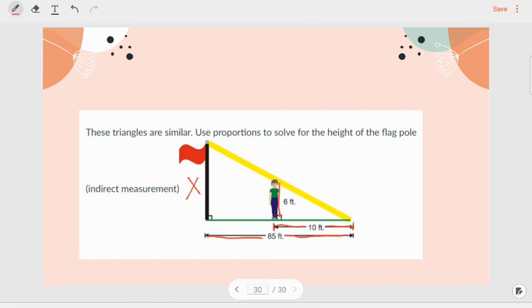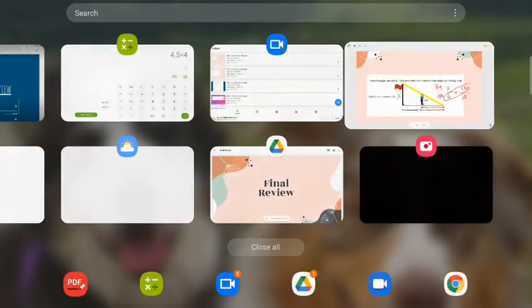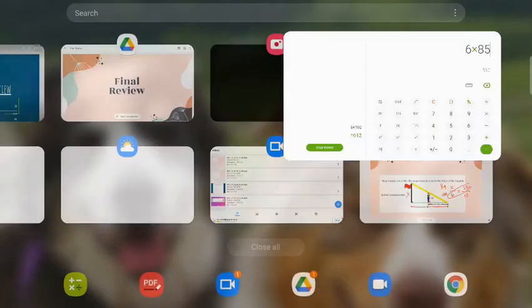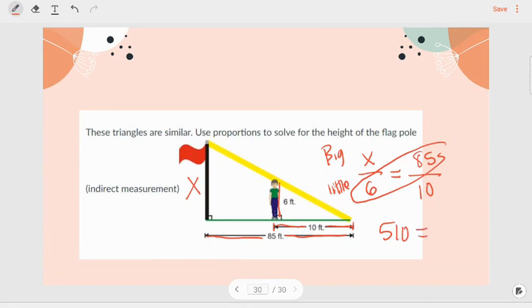My flagpole height is x. So my unknown height over the height that I do know, so this is the big triangle versus the little triangle, is equal to the entire length of the flagpole shadow, so that's 85 feet, divided by the person's shadow. So 6 times 85, I'm going to cross multiply, is 510, is equal to 10x. And I'm going to solve by dividing by 10, and I get x is equal to 51. So the flagpole is 51